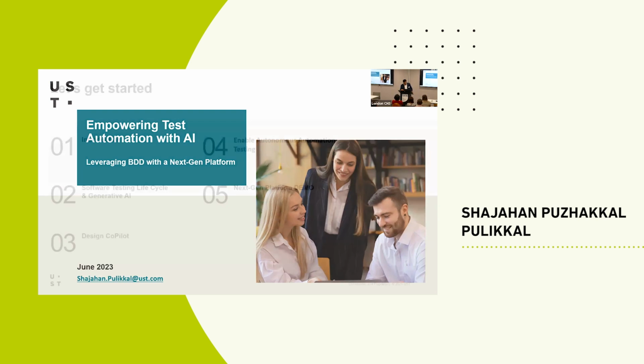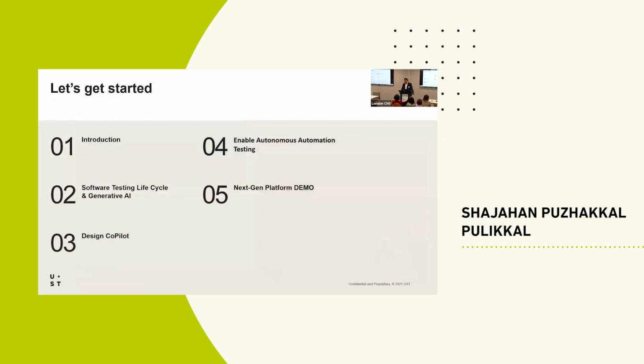To start with, we'll have a quick introduction, a quick analysis of the industry and software testing defects. It's a very minimal analysis, but it covers things you have seen in multiple forums, where we need to focus on the testing side. Then we'll move on to the software testing lifecycle journey, the STLC, where we can fit generative AI, and the best way we can utilize AI to get the benefit in testing and test automation.